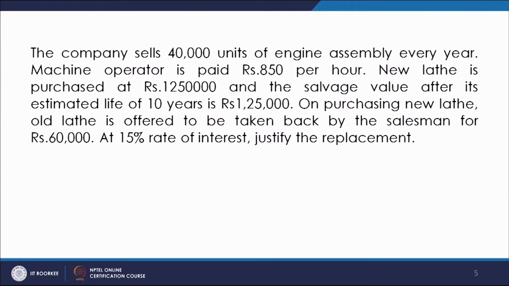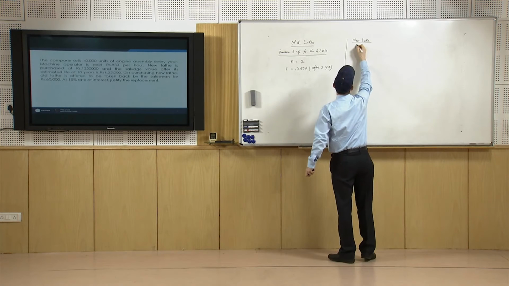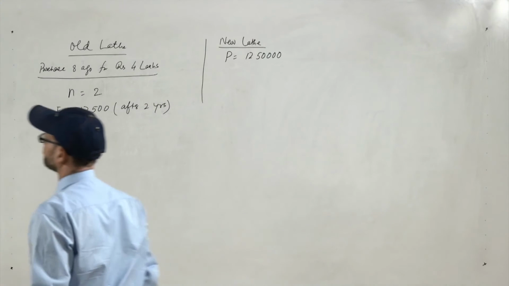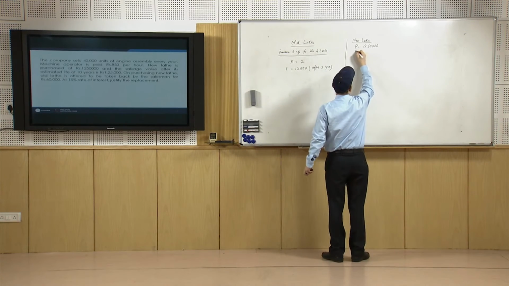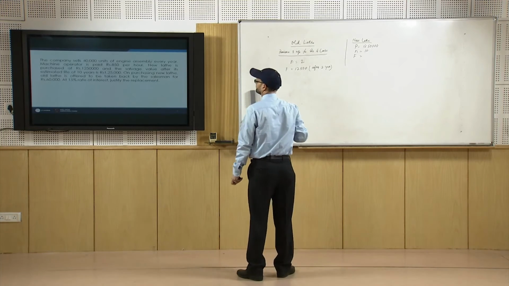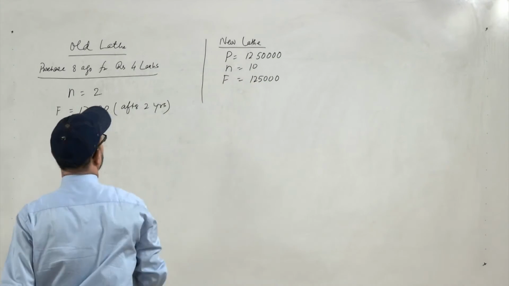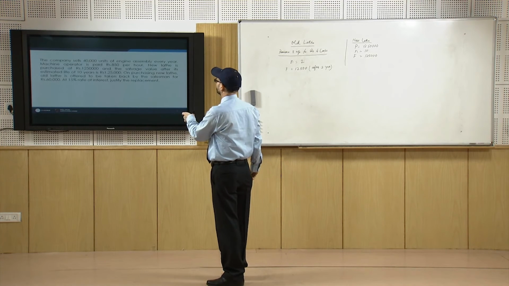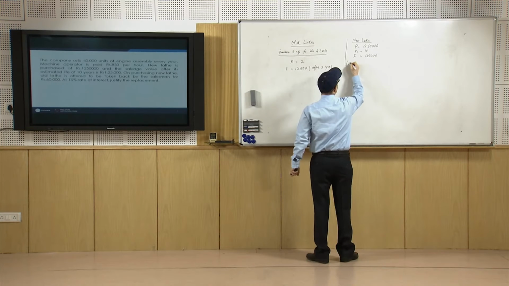Now, next is the new lathe price, which is 12,50,000. So, for this P is given as 12,50,000, and salvage value after 10 years, so after n equal to 10, F is given as 1,25,000. Now, again it is told that on purchasing the new lathe, the old lathe can be taken back by the salesman at rupees 60,000. So, the offer is given